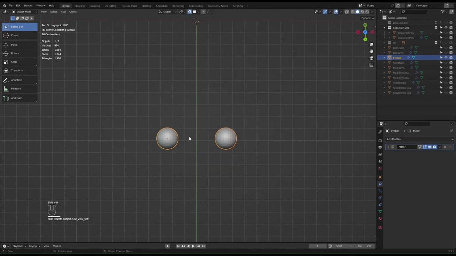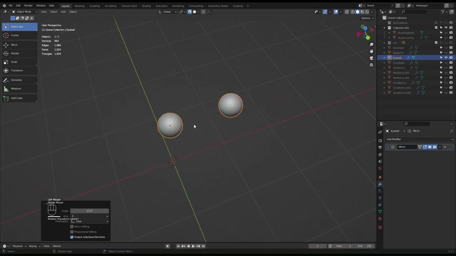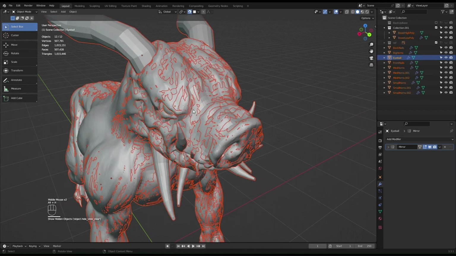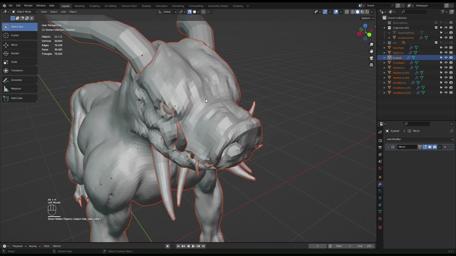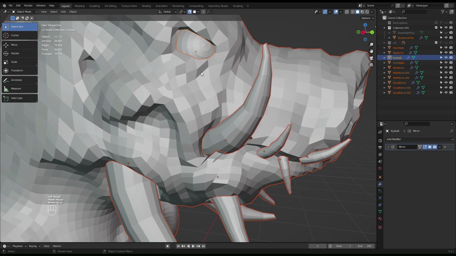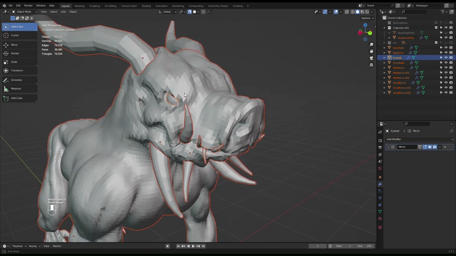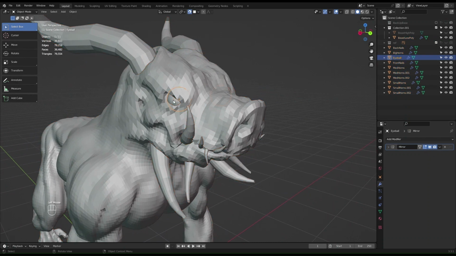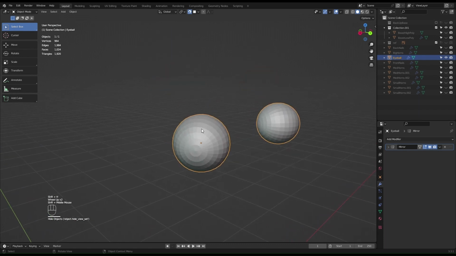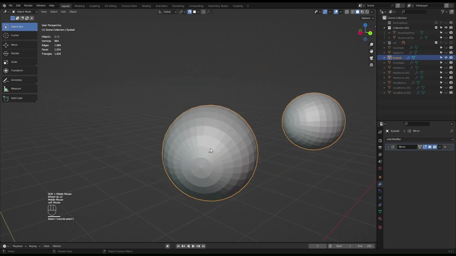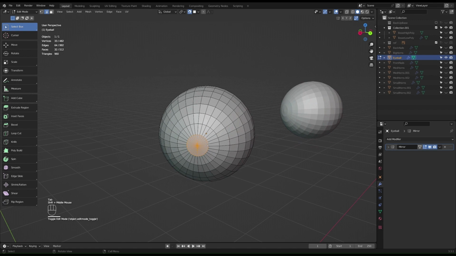Shift H to isolate it, rotate it about the side, and then Alt H to show everything except the high poly. Now it's almost facing this side, which is what we want. Now modeling the eye, Shift H again, isolate that. Select the eye model, press Tab to enter edit mode, and